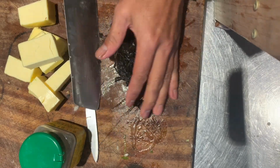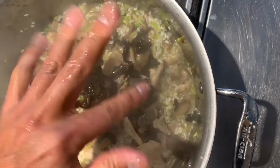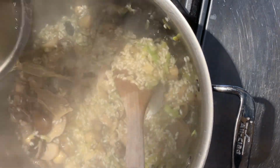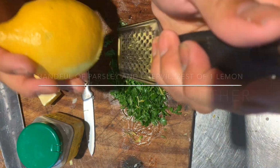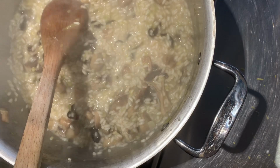Right, so we're going to add some of the mushrooms that was in the stock into the risotto and julienne our mood fungus, because it can be a little bit too rubbery. You just need to make sure that it's palatable. You want to add a little bit of stock in there as well as it starts to reduce and continue